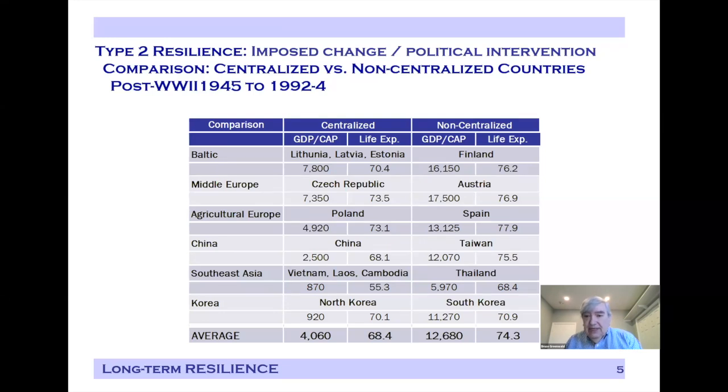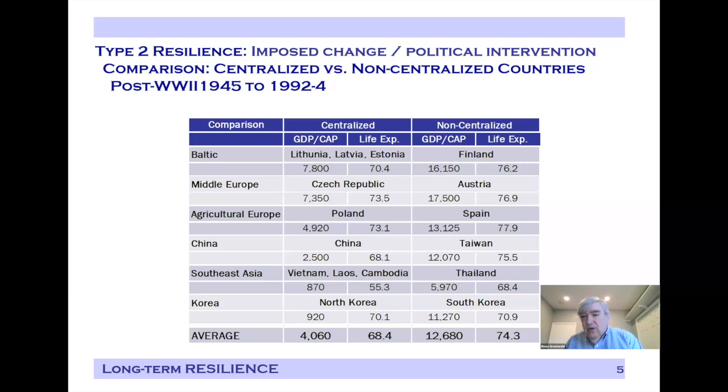Taiwan, which is a Japanese colony, is one of the poorer parts of China. If you look by 1992-94, despite the relatively successful changes, or dramatically successful changes, in China from 1980 on, Chinese GDP per capita is less than a fourth of what it is in Taiwan, and the difference in life expectancy is over 7 years. If you look at Thailand, which is poorer certainly than Vietnam, although similar to Laos and Cambodia,